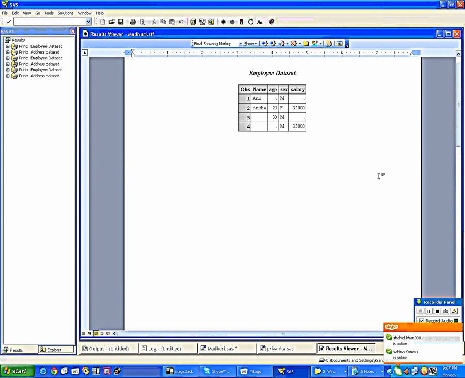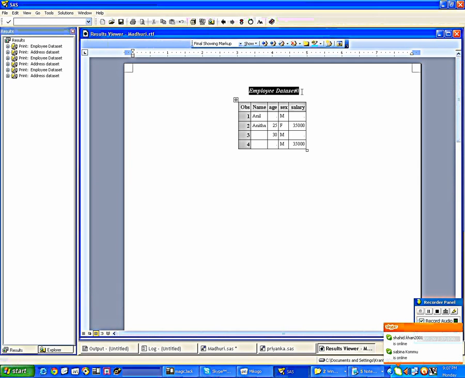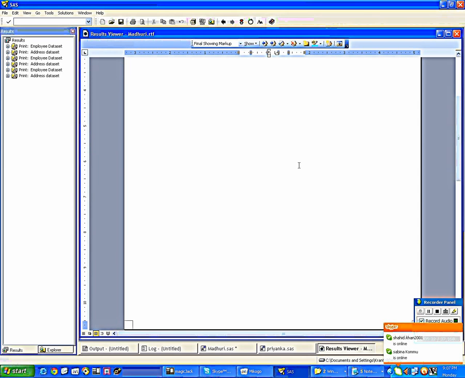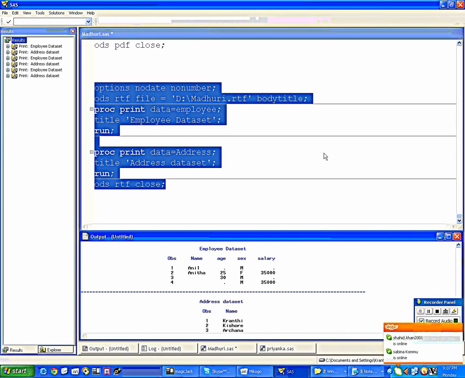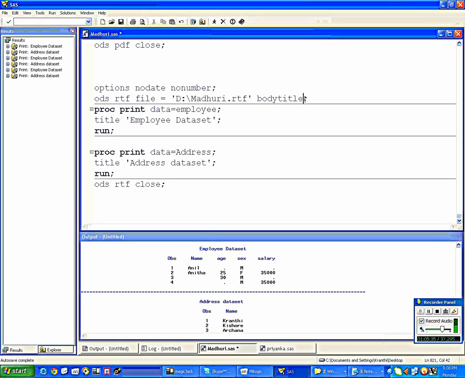Then I want to give some colors to the title, and I want to write these two to a single page. Means I want to make these into two columns. So simple. Columns equal to 2. Then you can add the colors to the title. See, color equal to red, some color equal to green.